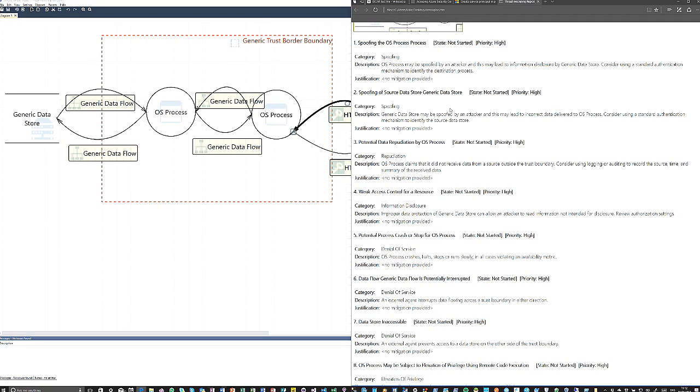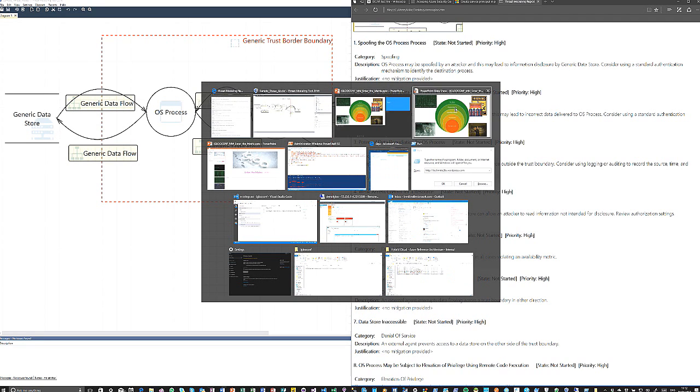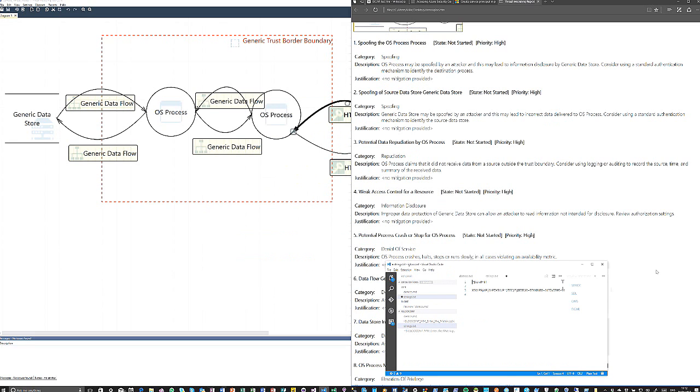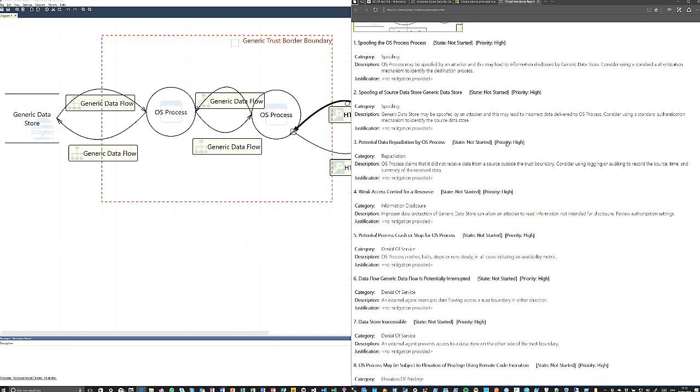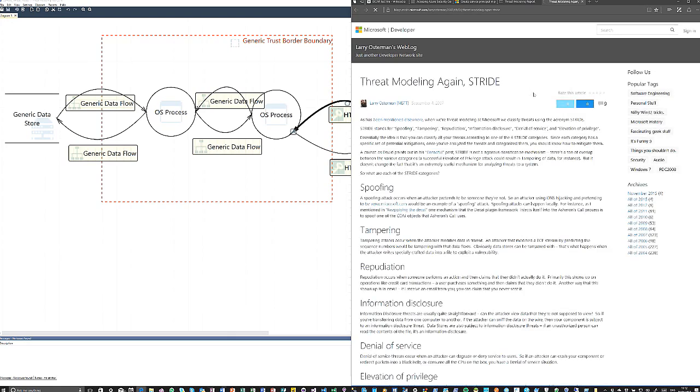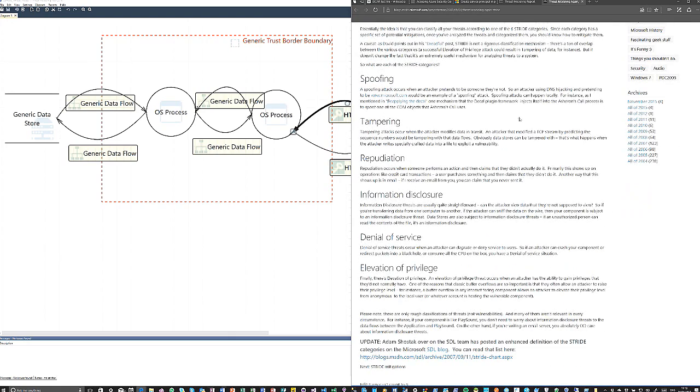Now, this is based upon something we call the STRIDE model, on which you can read a little bit about. It's spoofing, tampering, repudiation, information disclosure, denial of service, and elevation of privilege. Those are the things that you need to keep in mind. So if you're designing your application, these are all the things that could possibly go wrong. There's of course more. If it comes down to hardware and stuff, you need to harden that too, right? But this can help you prepare a checklist for your application.